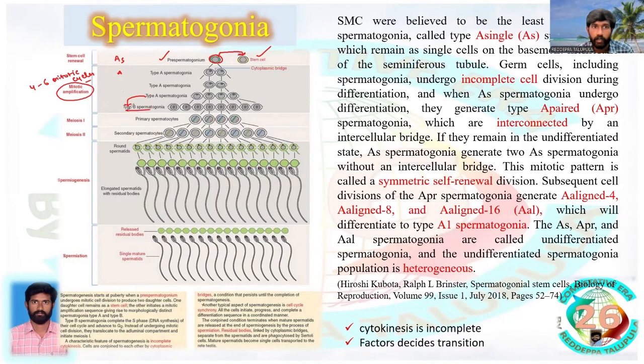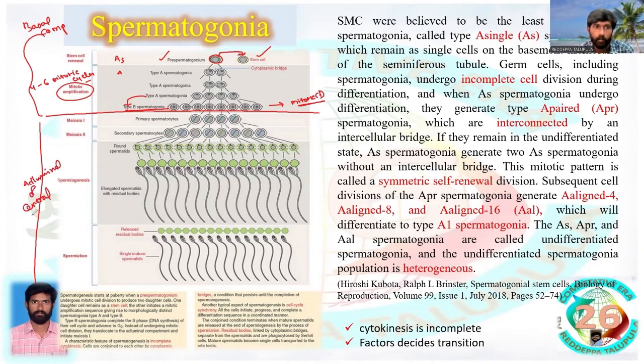Okay. Next, this type B will enter into mitotic cell division and cause the interphase. Interphase will be completed, and after interphase, they shift from the basal compartment. All these things happen in the basal compartment. From here, all things will be happening in the adluminal or central compartment of the seminiferous tubule. Now, after completion of interphase of mitotic cell division in type B cell, they will not enter into karyokinesis and cytokinesis. Directly, they will shift from the basal compartment to the adluminal compartment, and there the initiation of meiosis 1 will be caused,